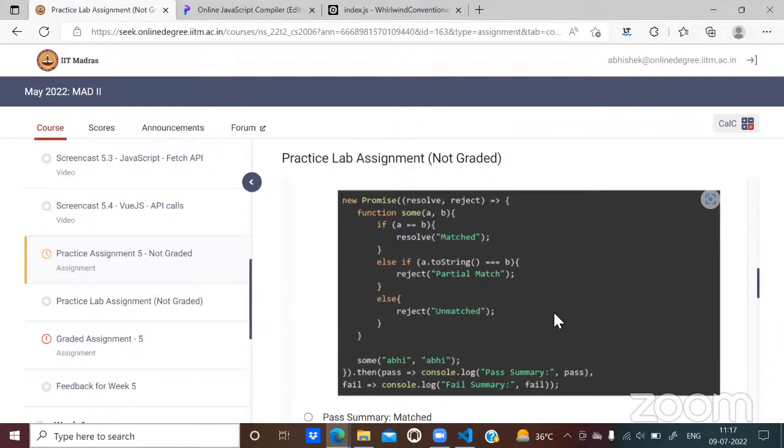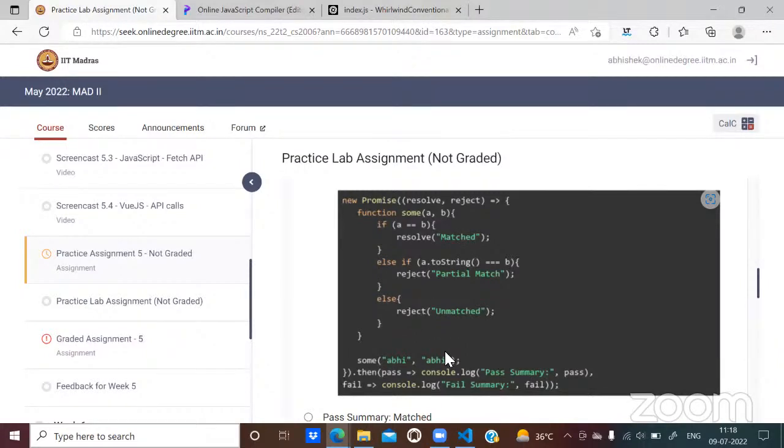Sir, I have a question. Yes. So after sum abhi, matched will get returned, and I'm not able to understand what is happening. Is the match getting passed into the next handler? Matched will be passed here to this pass parameter. So this pass parameter has the value matched.